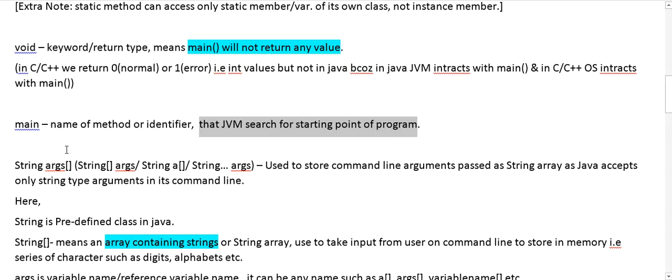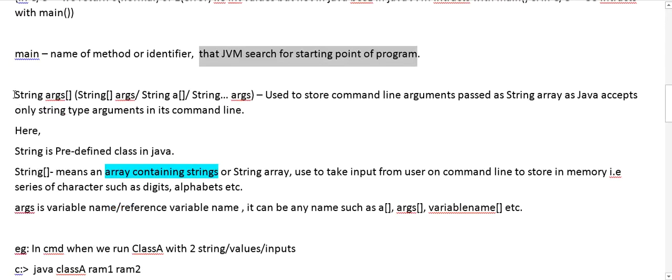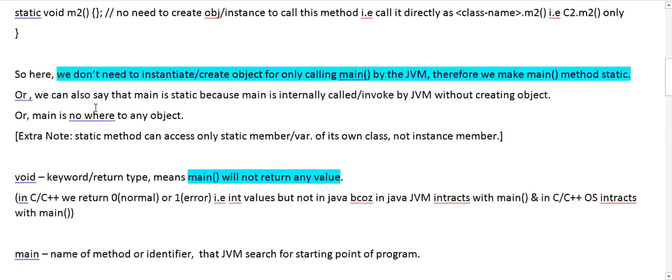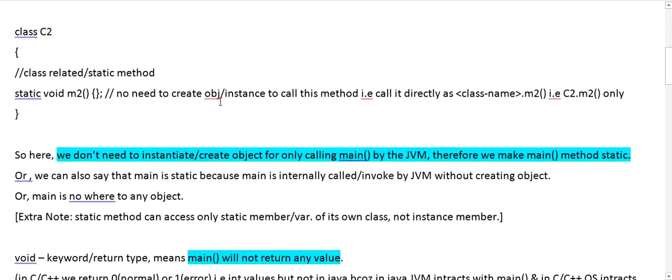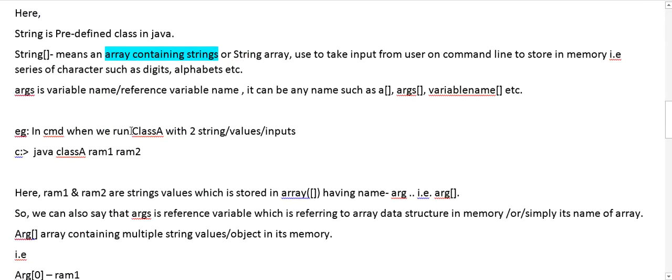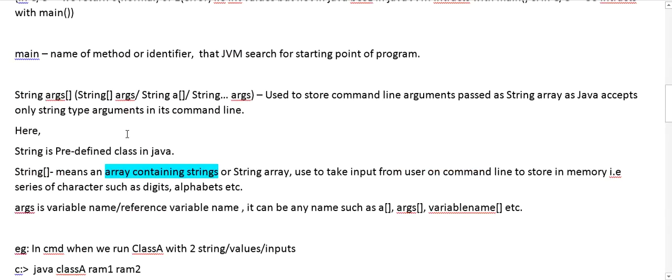Then we will have String[] args in public static void main(String[] args). That is this portion. It is used to store the command line arguments passed as a string array, as Java accepts only string type arguments in its command line.